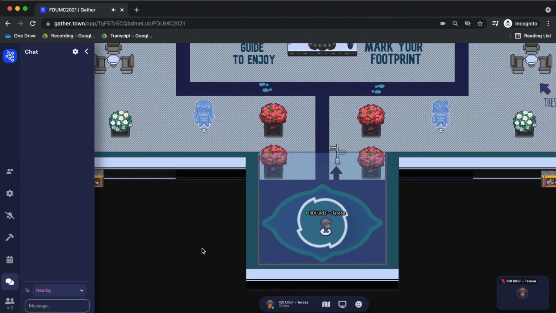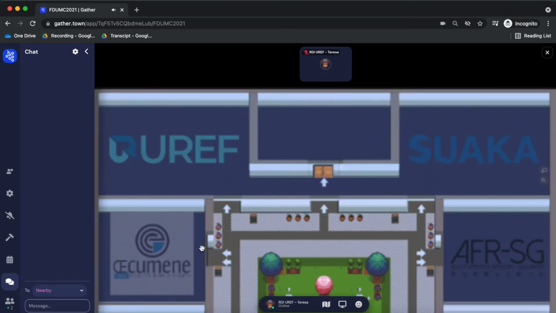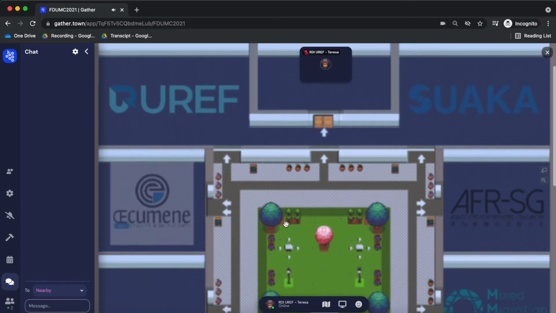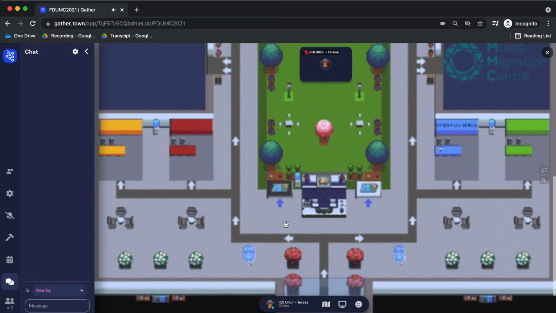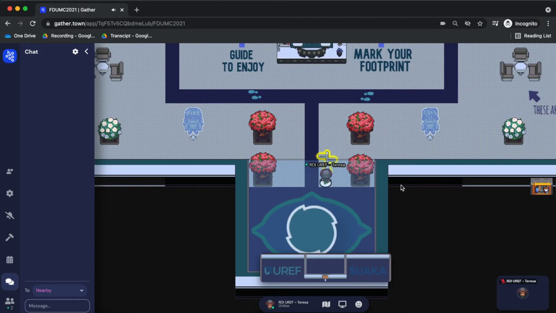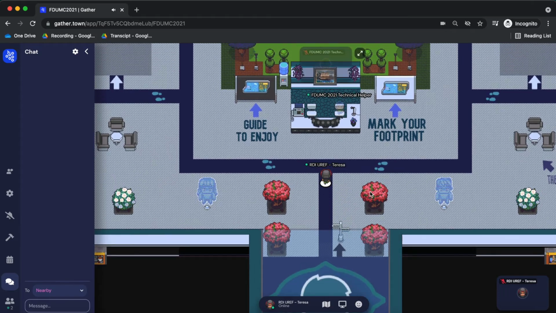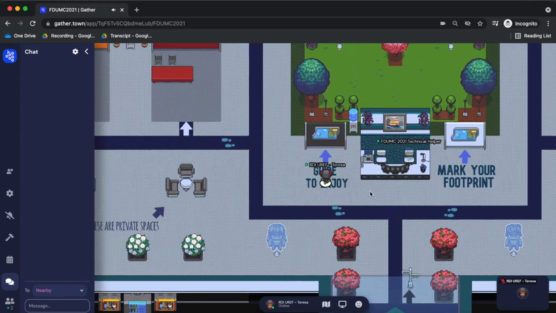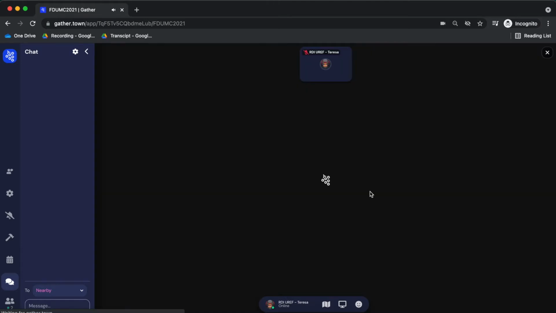Let's move forward. We can use the arrow on our keyboard, up, down, left, right arrow to move and direct our avatar to the place we want to visit. And whenever we meet an interactive object, such as the map here, we can click X on our keyboard to interact with the object. Now, let's move. You can see the map of GatherTown space. Just press X and you will see the blueprint of the space. Let's move to our left and we will have our guiding board, which will help you to understand the GatherTown platform better.